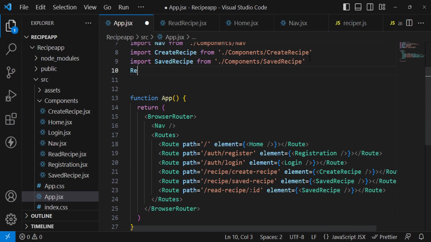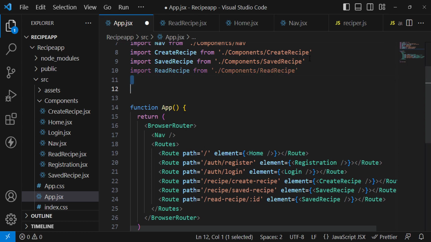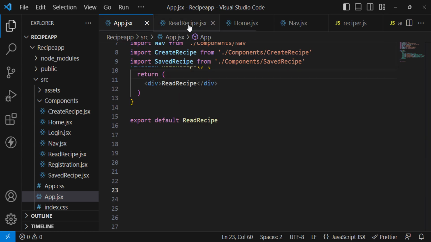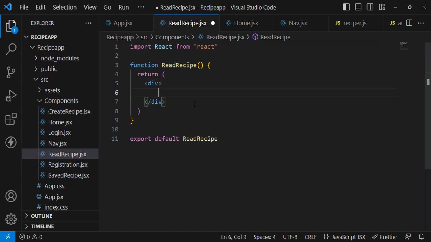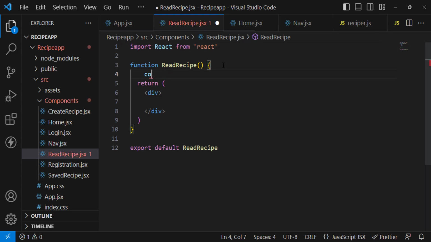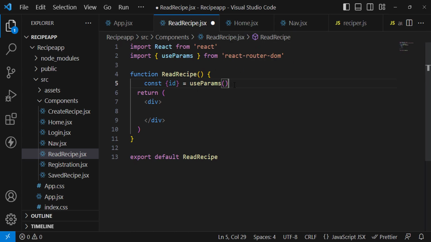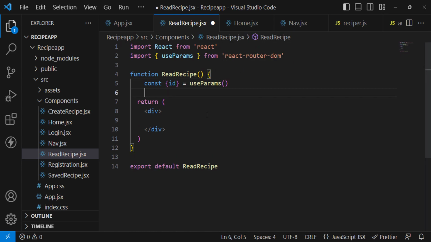Let's import that read recipe that has imported, and let's use that here, read recipe. Now let's move to the read recipe, and inside it first of all we will destructure our ID. So to get the ID, const, and we will get ID is equal to, we will use the useParams hook from React Router DOM, useParams that has imported,